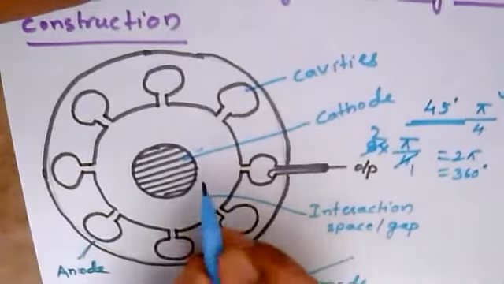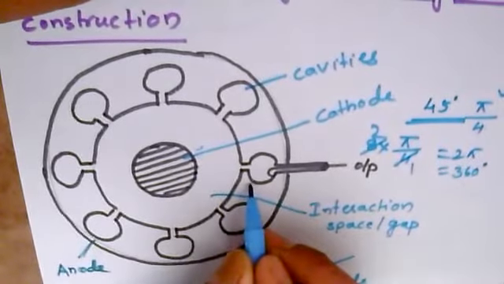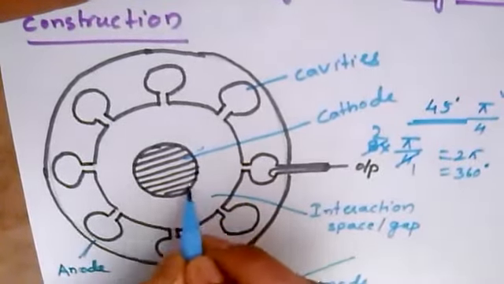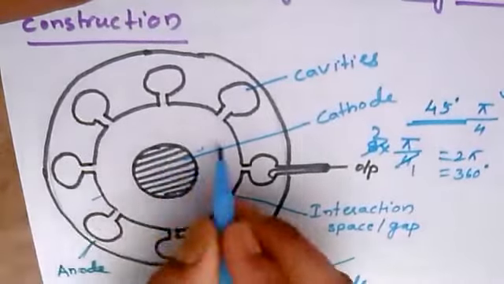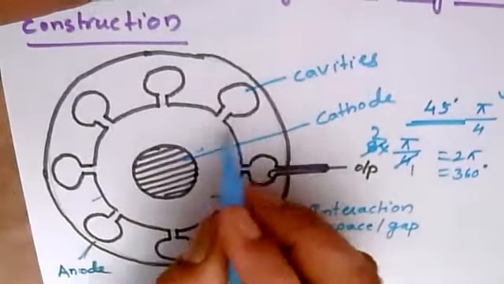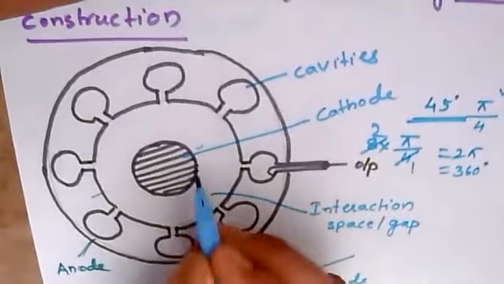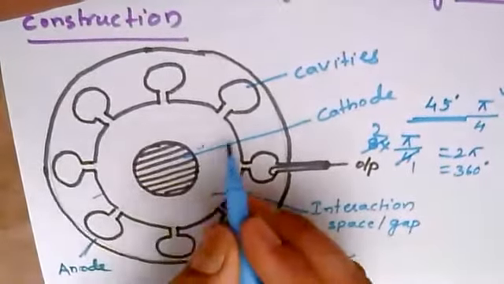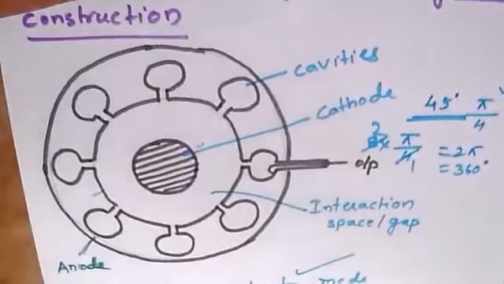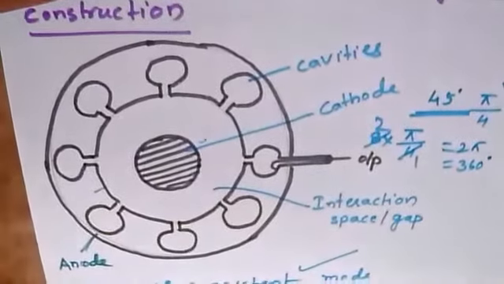The electron starts its journey from the cathode and moves towards the anode. During the movement of these electrons from cathode to anode, the cathode generates the electrons and they try to move towards the anode. Now there are two fields acting on it. The magnetic field will be axial and the electric field will be radial. Both cross each other and both act on the electron beam.